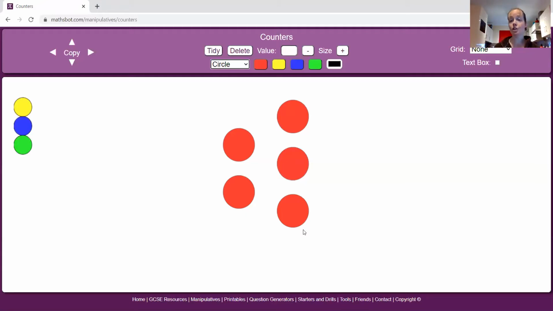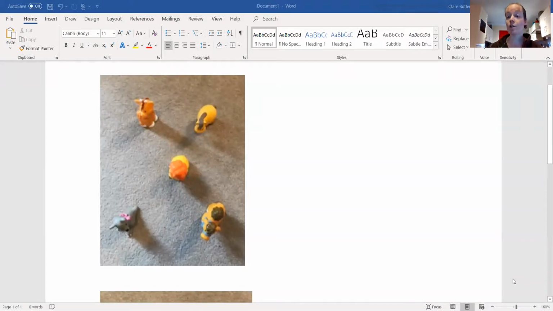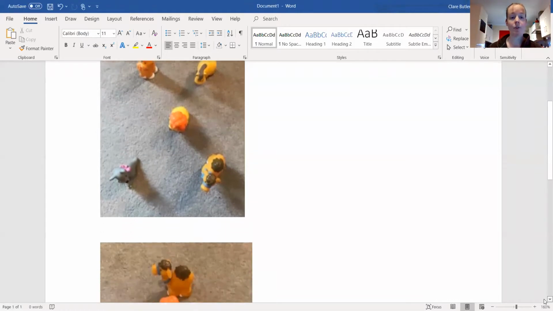Okay, so this is what I want you to do at home. You can use objects like this. Okay, so you might do this, and if you want to take photos, great. If you don't, it doesn't matter. But all I would say is your grown-up could actually go and have a cup of tea and leave you to investigate how many different arrangements of 5 you can make. And if you're going to do it like this, then I would make one and leave it, and then do another one and leave that, so that when they come back, they can see all the different ways that you've got. So this way we've used objects,